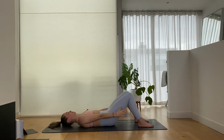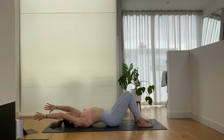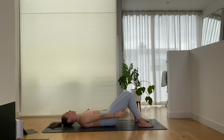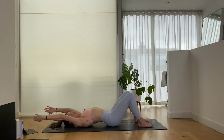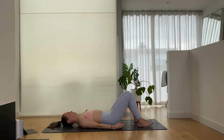So really noticing now how those abdominals are starting to contract a little bit. Inhale, reach. Draw the pubic bone away from the center of the body, down towards the feet. And then exhale, send it all the way up, contracting the center, the front of the body as we kind of stretch out through the back. Let's go one more time here. Inhale, draw down. Opening up the front or anterior space. And then exhale, hands down, pubic bone, ribs. Excellent job. Well done. Okay, from here, relaxing the arms down by the sides of the body, palms facing upwards,